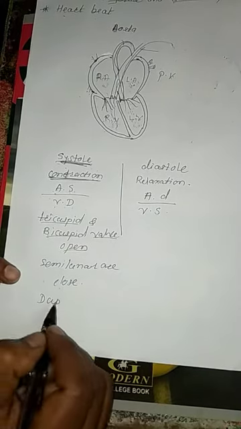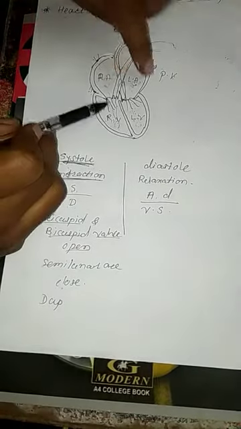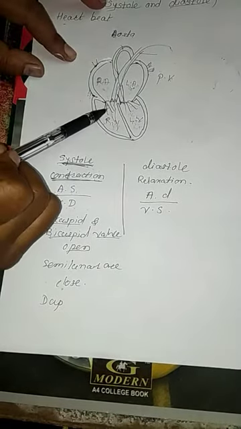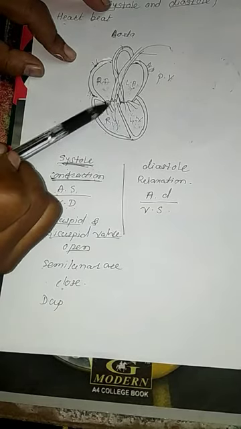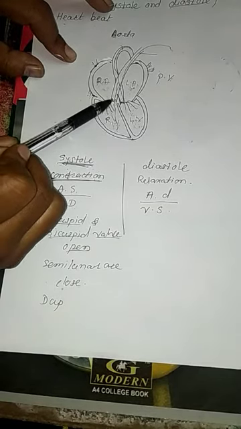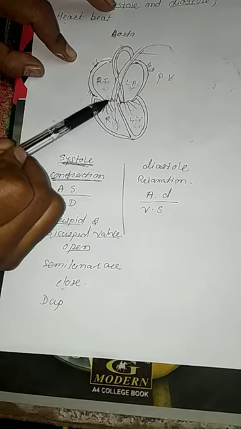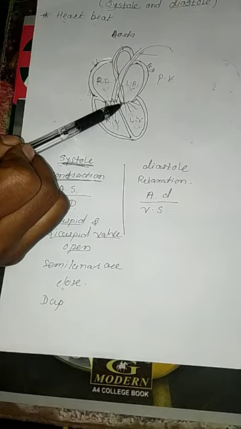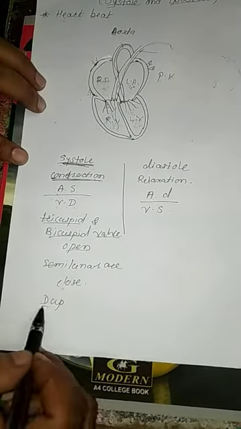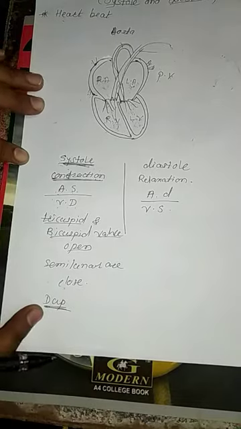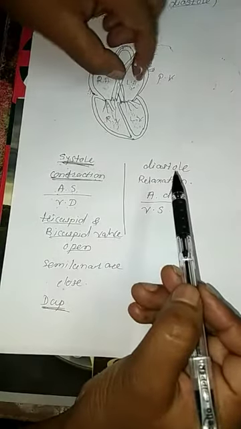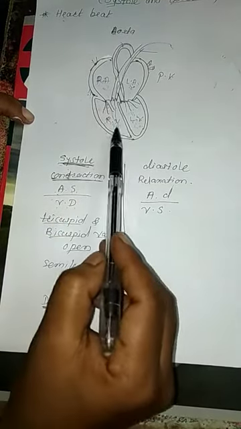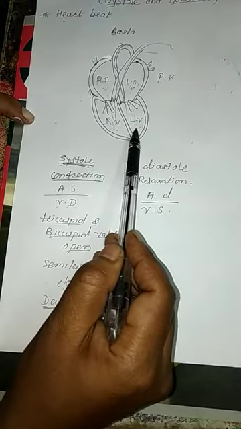the dub sound. Dub sound means both valves are open, the blood is transferred from auricle to ventricle through the open tricuspid and bicuspid valves, while at the same time the semilunar valves are closed very forcefully. That is when the sound is produced, and this sound is called the dub sound. Got it, student? And relaxation means both auricles are in the diastolic phase.